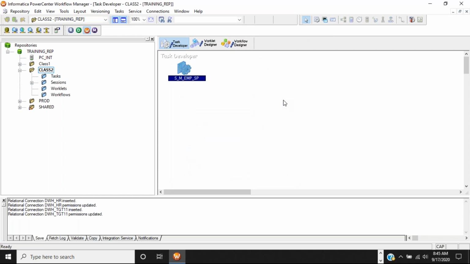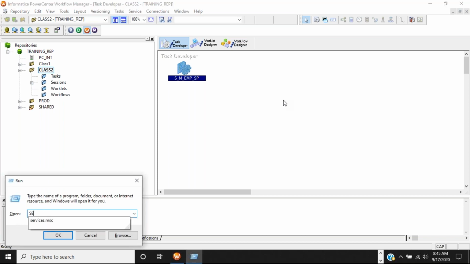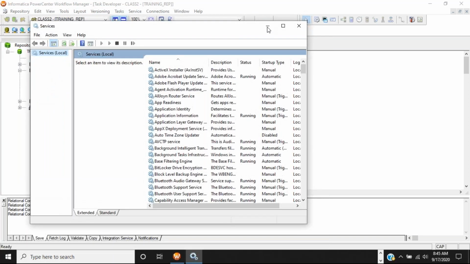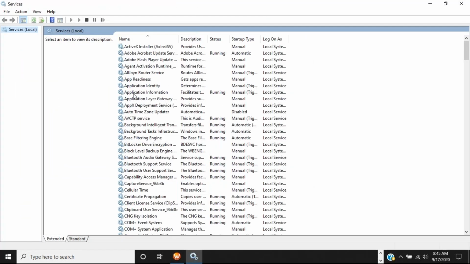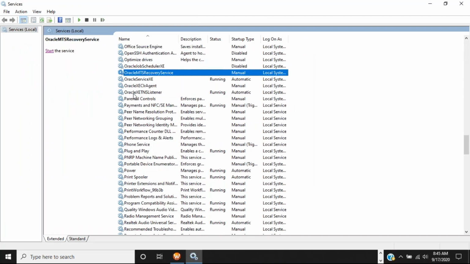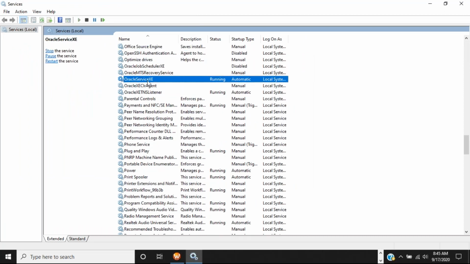Now, usually in the connection string, we can give ORCL also, right? No, it depends upon which version of database you have installed. When I installed this Oracle database version, I got the connection string service name as XE. So you have to check it. If you see here, my service name is XE. I have installed Express Edition. So it depends upon which version of database you are installing. If your service is ORCL, you have to give ORCL.